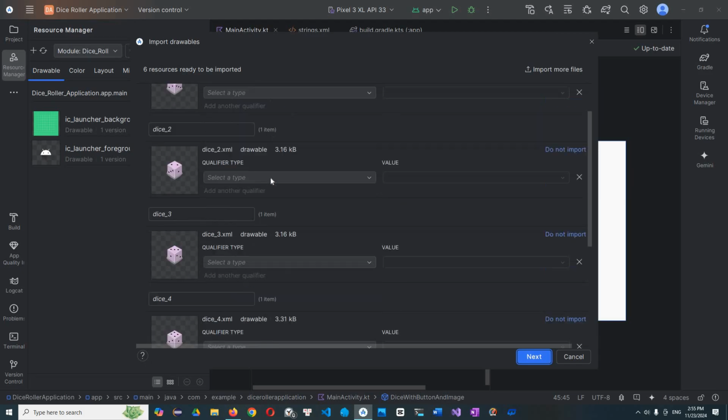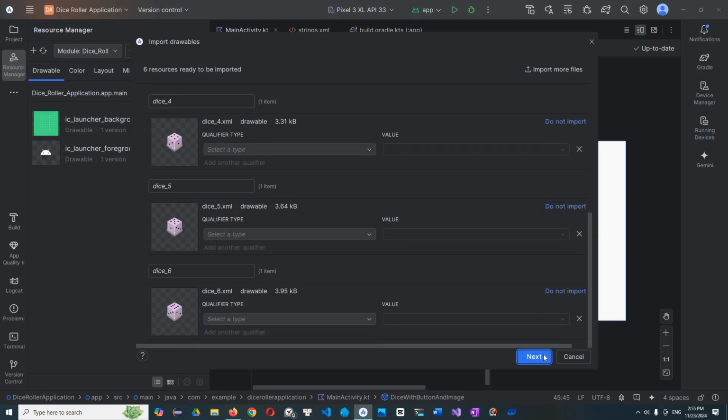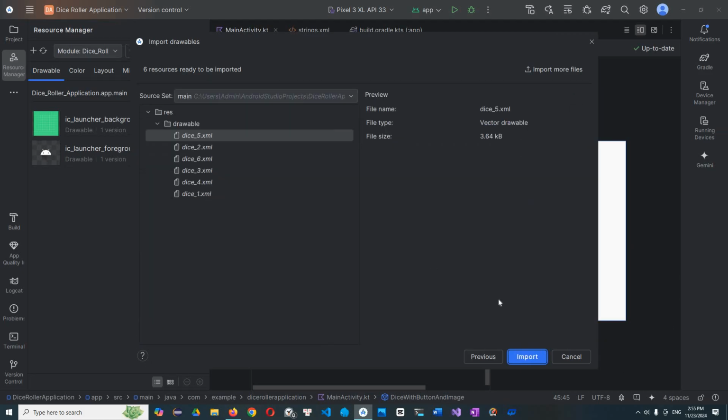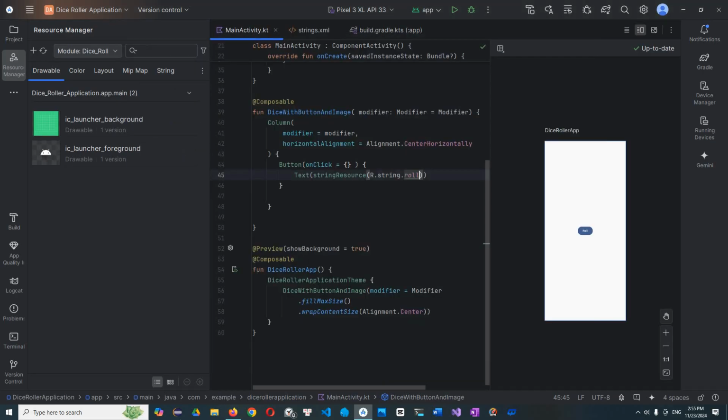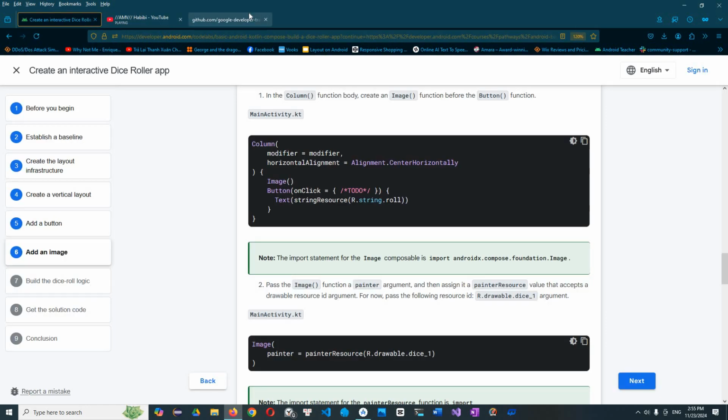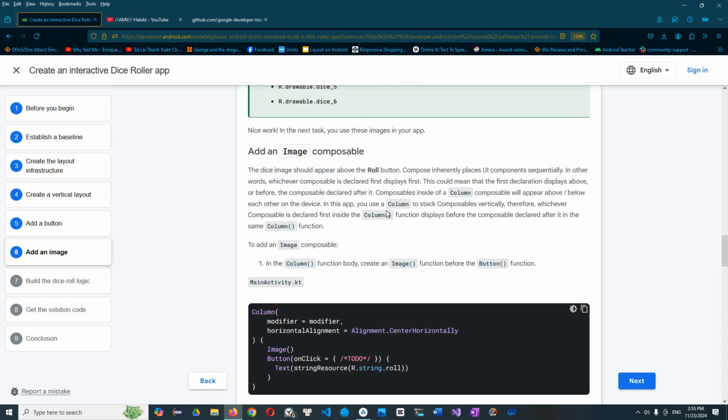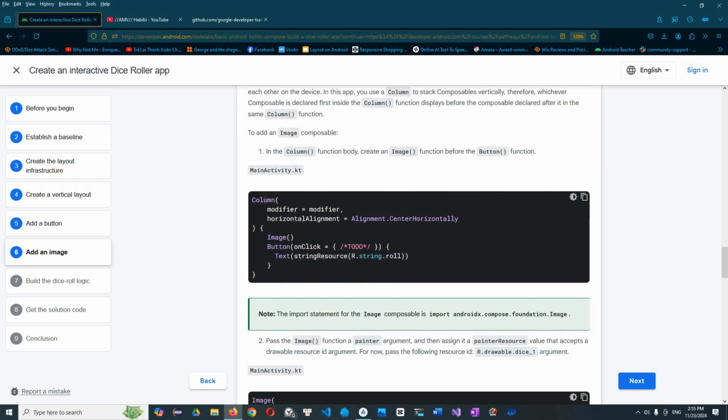Okay, here we go. Now click next. Import. Okay, after importing all the dice roller images, jump to your main activity and then